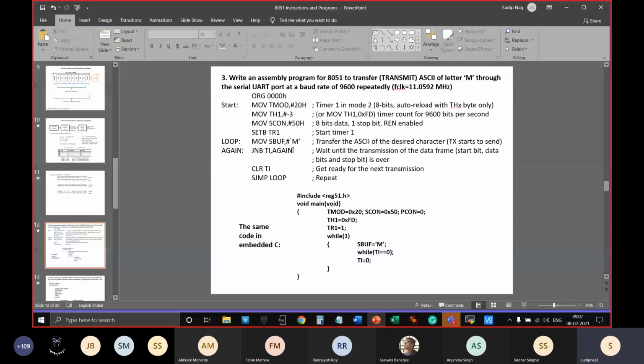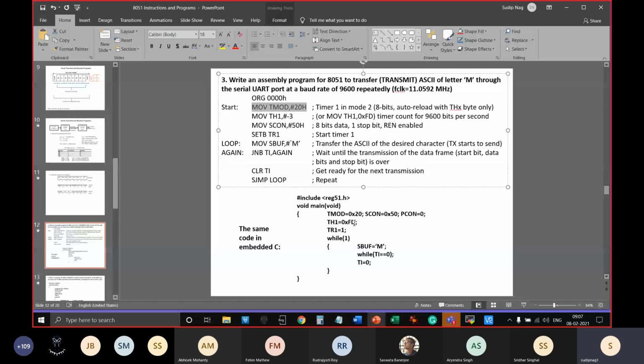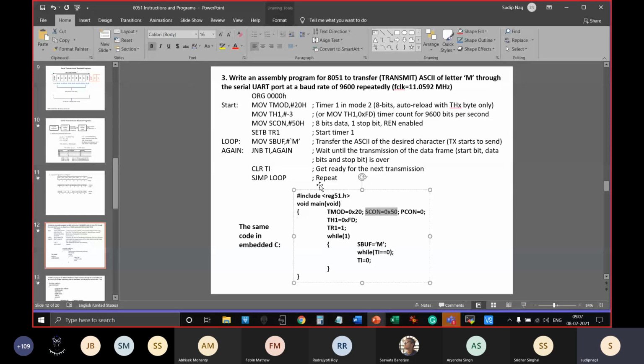Sorry. Whenever SCON is set equal to something, it will actually put another move SCON comma something just below TMOD. So this is how the compiler will substitute each statement in your C with some statement or a group of lines in assembly. Then TR1 equal to 1 means set bit TR1. Then while 1, basically a loop which gets started automatically with certain initialization. And then within that, it will automatically set the levels and then put the values for whatever ASCII or